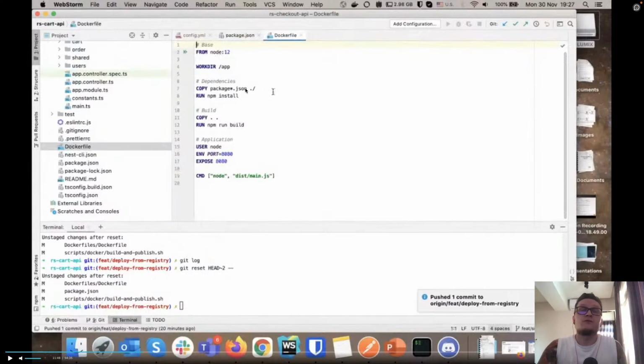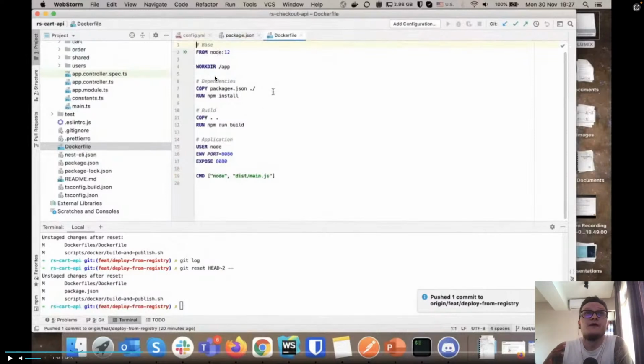Docker is very smart, and it can skip running some lines of the code if they have not changed.